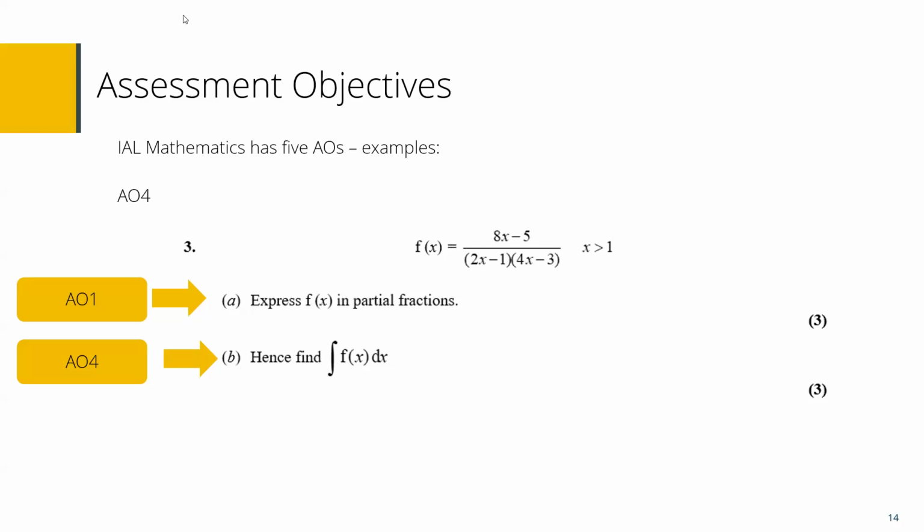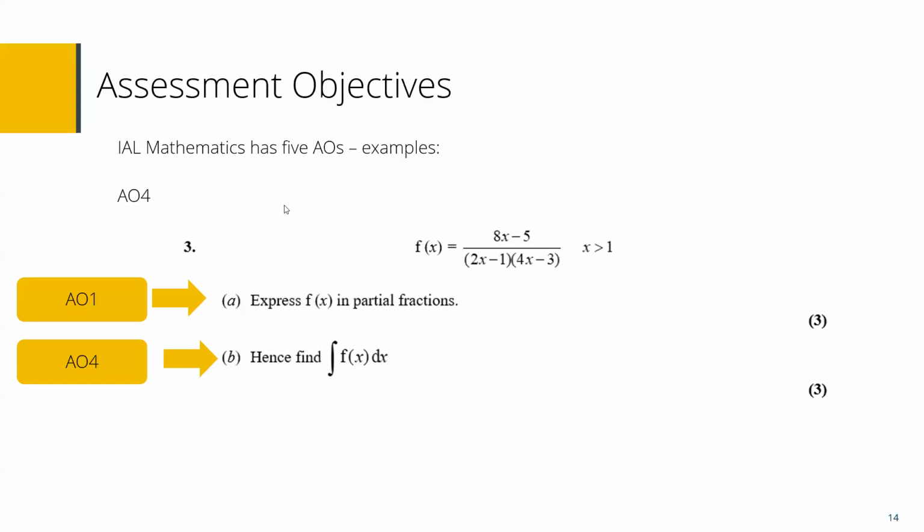Now, if errors are made in part A, it's still possible to get the marks in part B through follow-through marks. This example comes from a recent paper 4, but it's that "hence" word that you could look for to see the interpreting as well. So it's not always like those other problems where you have to interpret the graph and write a sentence. There are also examples of this type within the algebra.